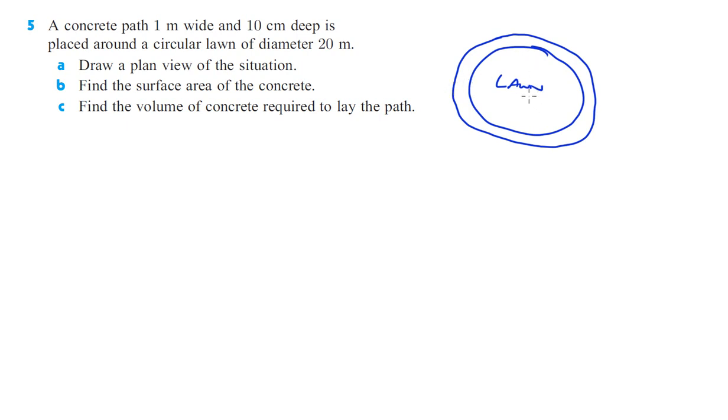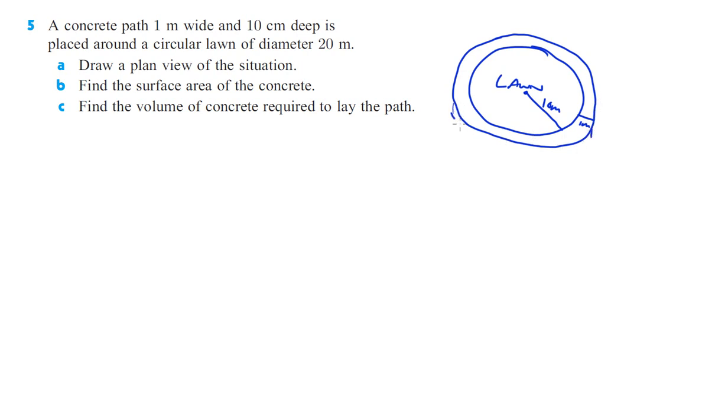This diameter here is 20 meters, that means that the radius is going to be 10 meters. This here is going to be 1 meter, and then the depth of this thing,